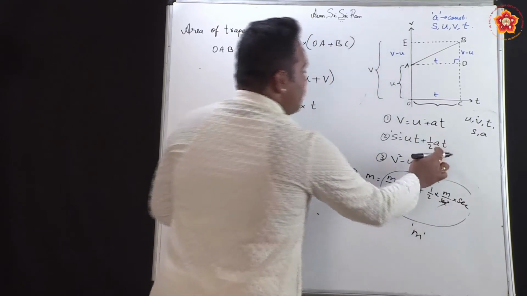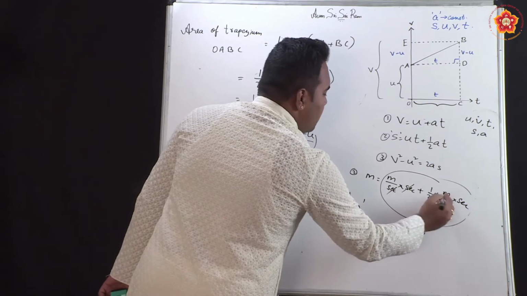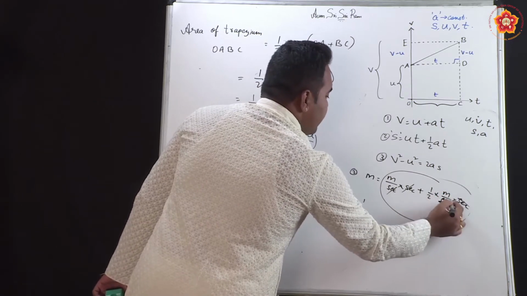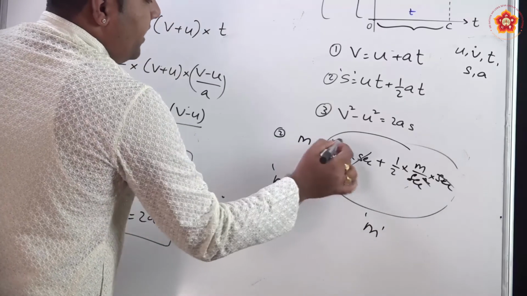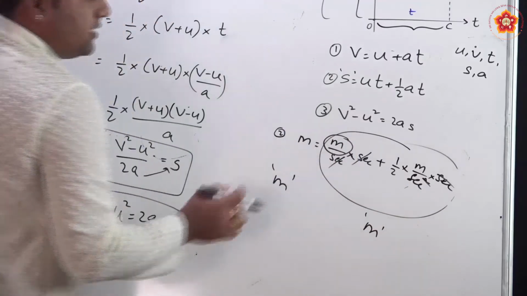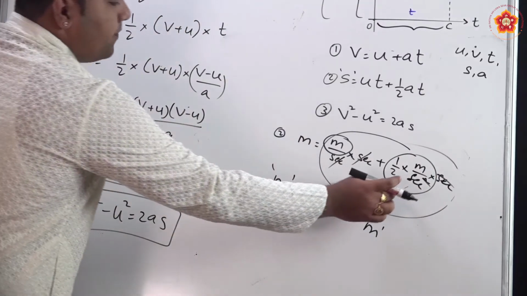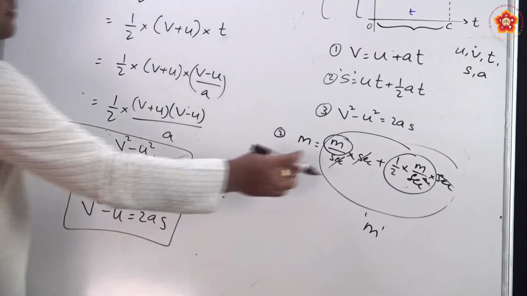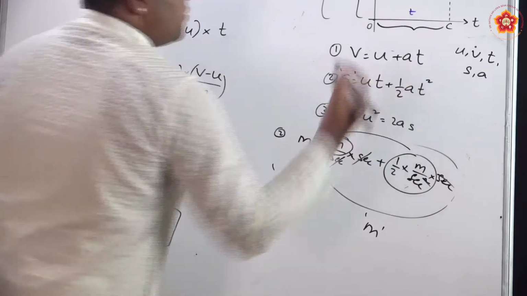Suppose you wrote a wrong formula, instead of at square I wrote half at. So I wrote a wrong formula. So what will happen? Only one of the second will go, the other second is still there. So I am adding something like distance with something like velocity, which means I am not permitted to do this. So therefore this is one simpler way to check whether we are using the right equation or no.